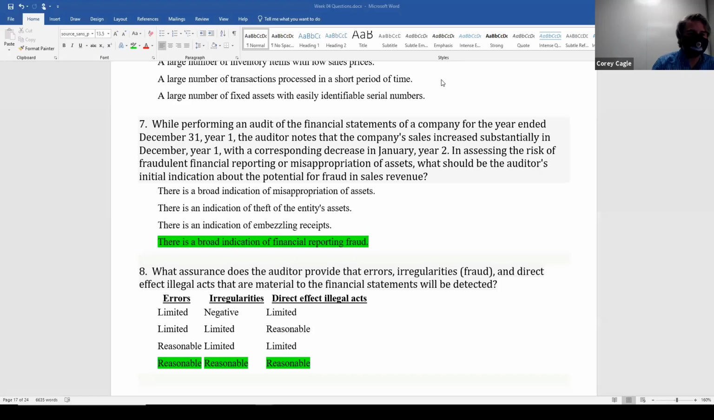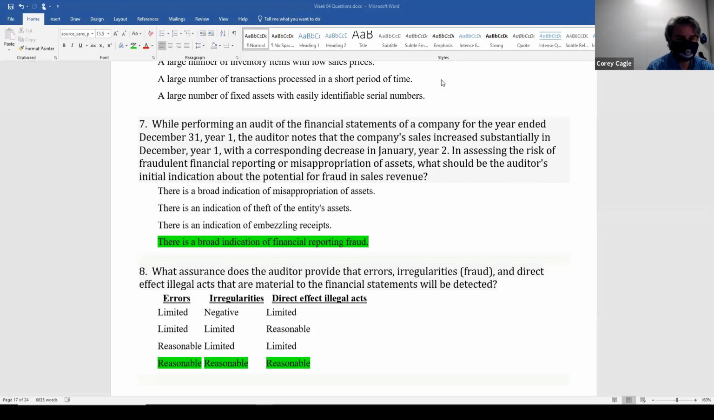While performing an audit on the financial statements of a company, the auditor notes that the company's sales increased substantially in December with a corresponding decrease in January. And that might get at what we were just talking about with this large number of transactions processed in a short period of time. They may have been trying to do that. Didn't specifically say December in that last one, but anyway, they processed a bunch in December and decreased it off